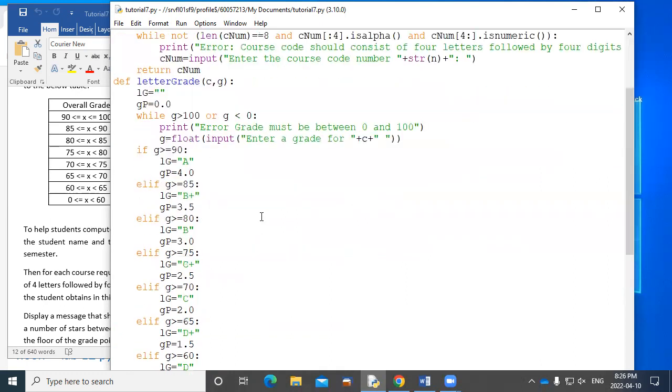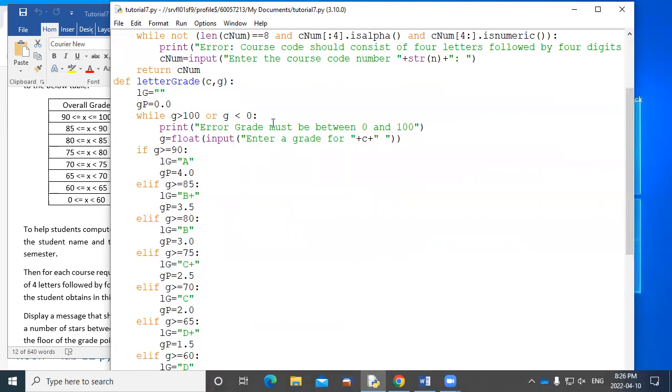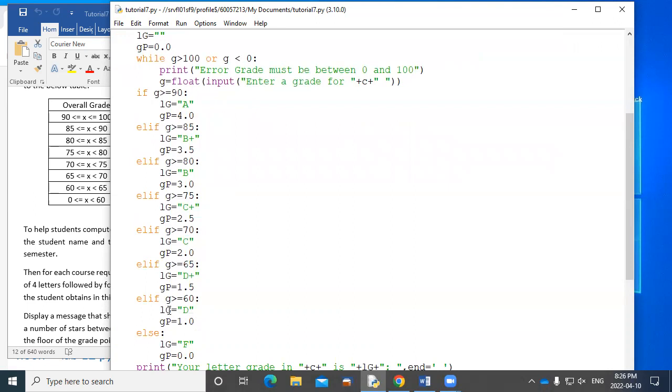So at the end, we get a good course number. And then we ask them for a grade. And then we call another function. And that function, we pass the grade and the course number to it. It prints out the course number. And it also checks the grade using this big, long bunch of if-elifs. And it's going to give you a grade and a GP.